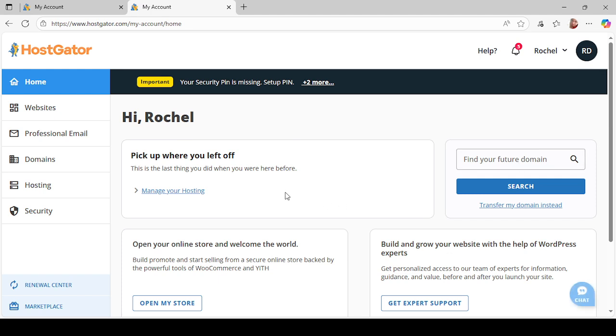Once everything looks perfect, it's time to publish your site. The beautiful thing about HostGator's AI website builder is how seamlessly it integrates with WordPress. With a simple click, you can instantly publish your AI-built website, making it live and accessible